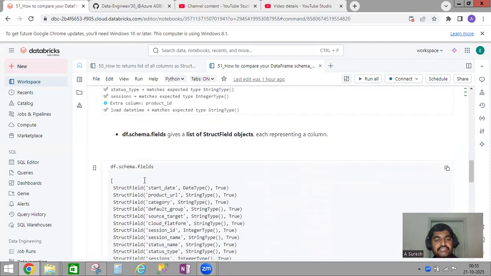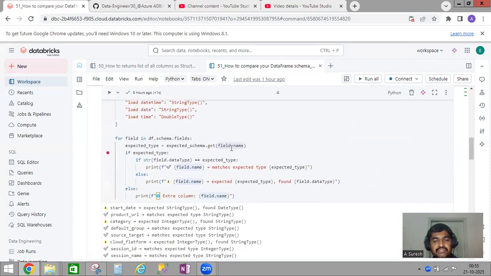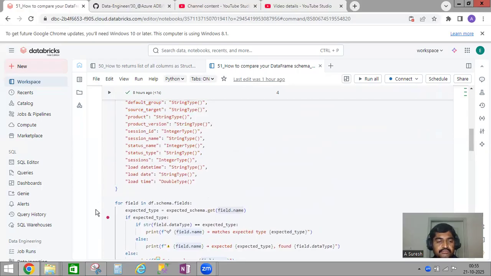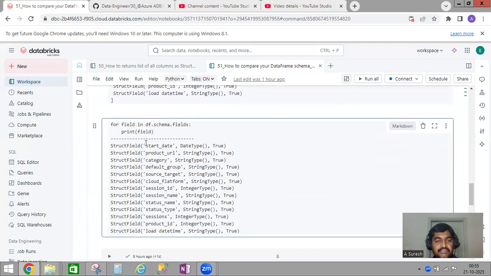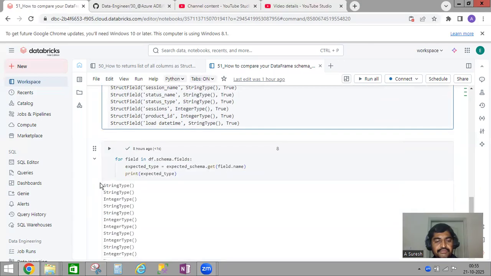If you want to understand more about this, I already made one video on df.schema.fields. From that, how to extract field.name, field.datatypes, field.nullable. So you can watch that video before coming to this. Now what will happen? From this first iteration, it will extract start_date. So if you see here,